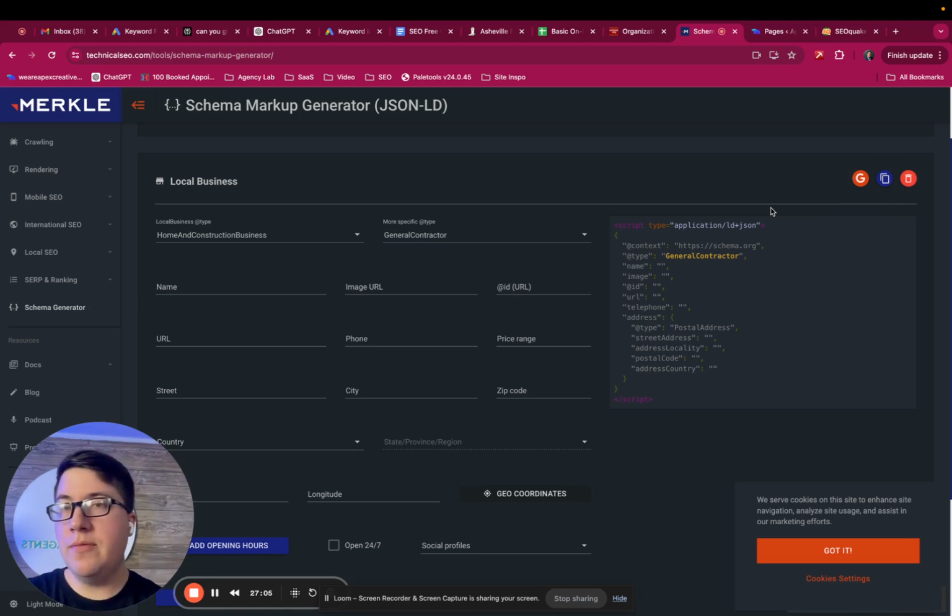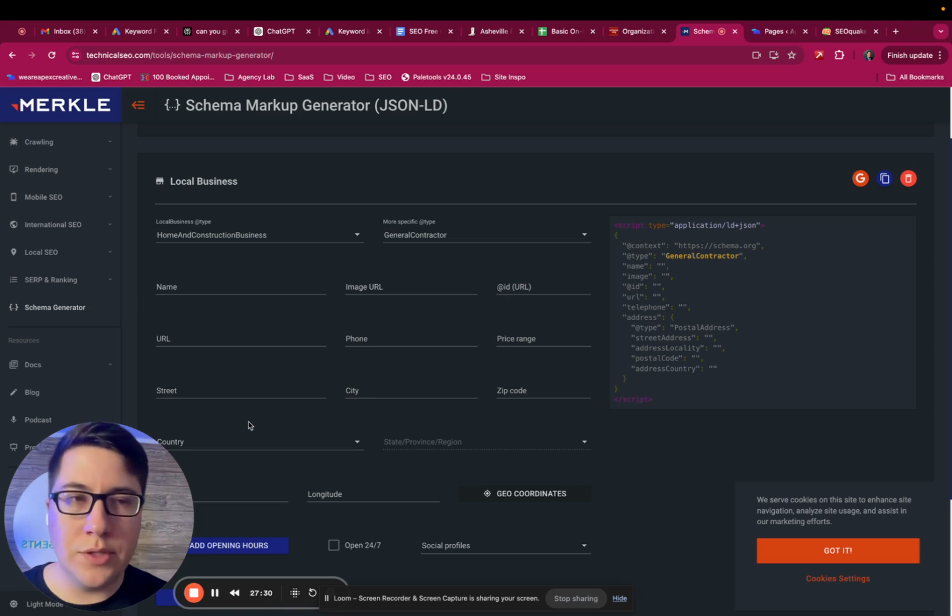Now, if you have a web developer who kind of handles a lot of these elements and the behind the scenes with the code and all that stuff for your site, you can just send this to them and say, hey, this is the schema for my homepage. One second, I got a cough. I got it. Now, like I said, if you have that developer, you can just send that to them. Say, this is my homepage schema. Can you add this to my homepage? And they should know what to do. You're actually just embedding a code into the header of your homepage. If you don't have a web developer who can assist you with this, what you need to do is go to your website and do it manually.